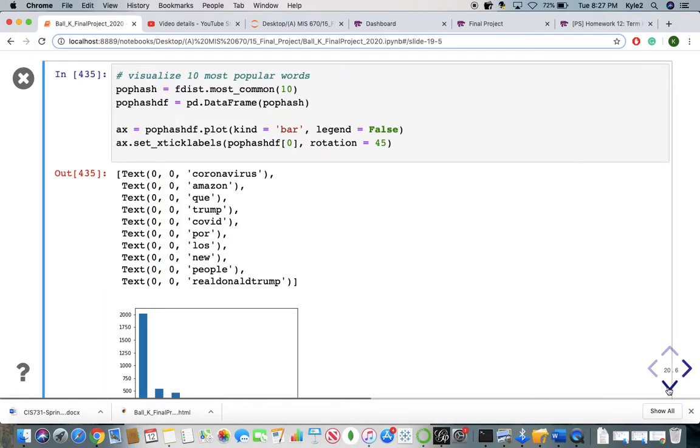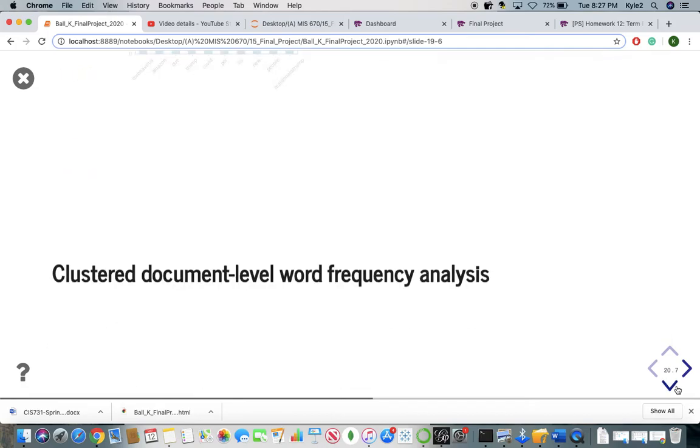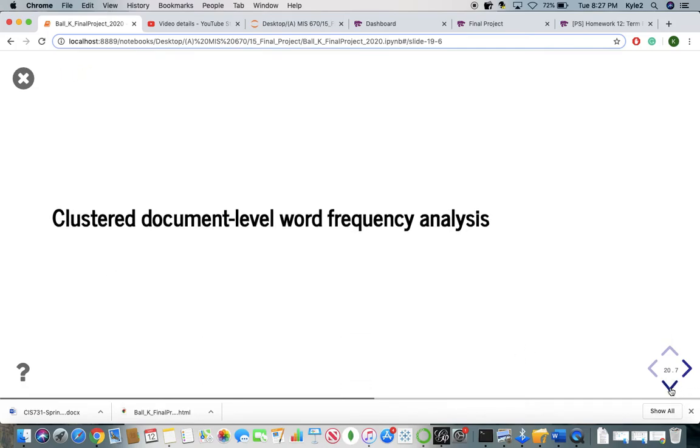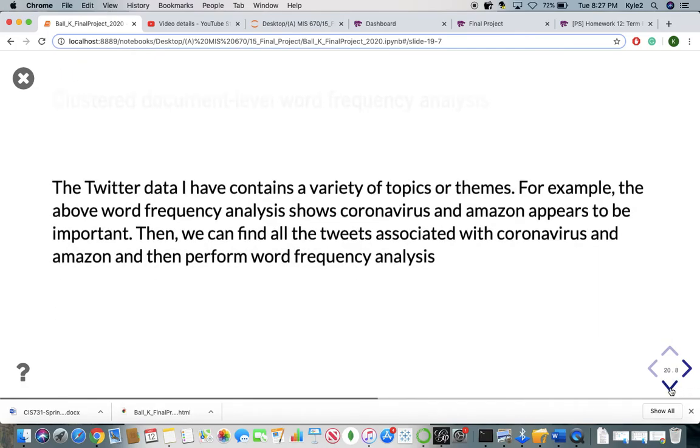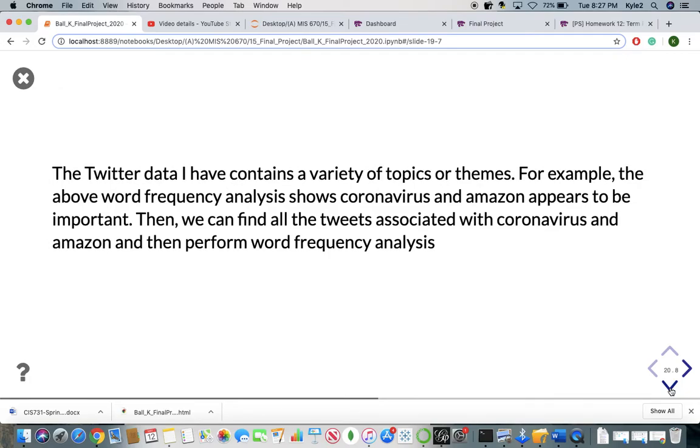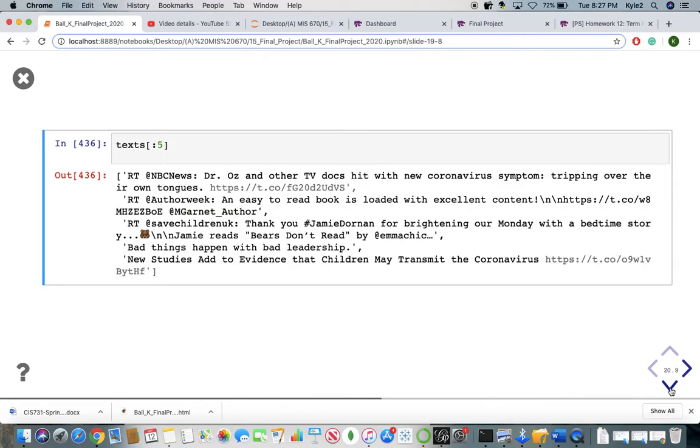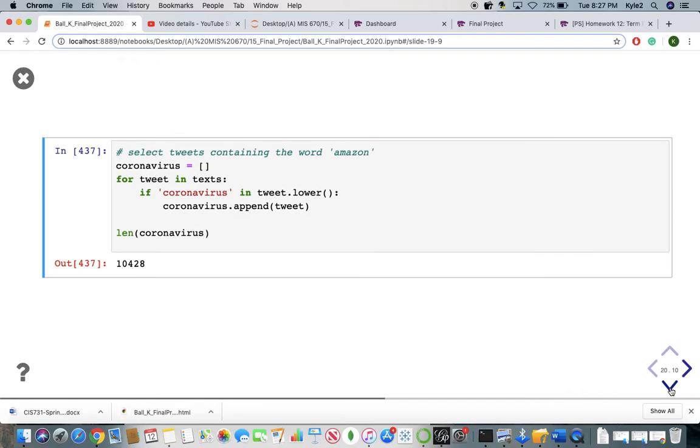So again, I used Spider, so it made sense that those were the top 2 ones. I did a visual of it, and it got cut off by Rise, but you're able to see that coronavirus and Amazon were the top ones, but also Trump was a notable top thing that showed up. Sorry, I'm going fast. I ran way over time in the first one.